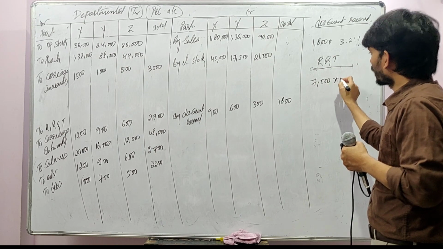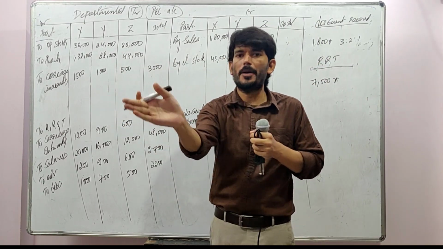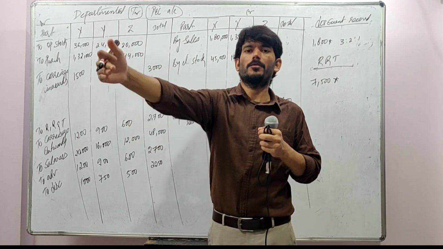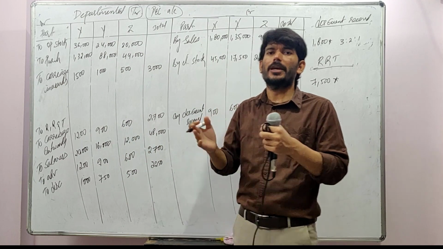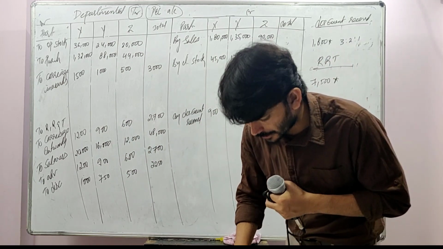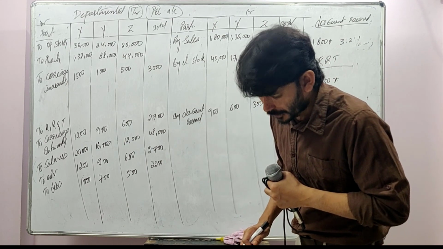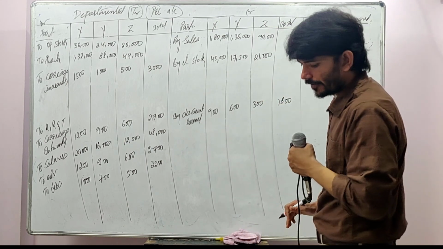7500. So rent, how do you apportion rent? Because one department is occupying more space, so you allocate more to it. One department is occupying less space, you allocate less to it. So it's again based upon your space. Space के लिए कुछ दिया था ना क्वेश्चन में. Floor space occupied by each department in square feet is 3000, 2500, 2000.